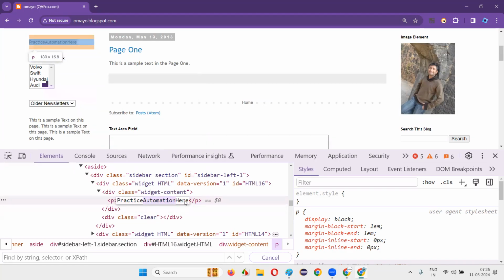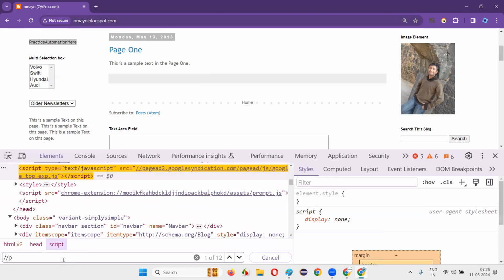Start automation here, start automation now, like that, they are changing. The first word and last words are changing, but automation is constant. Whatever the constant word in this particular text is there in real time, I'll take that and create an XPath